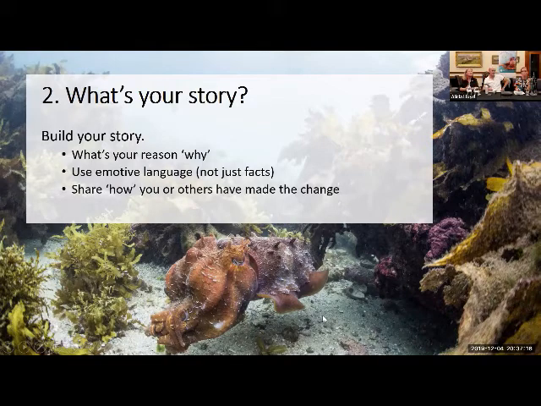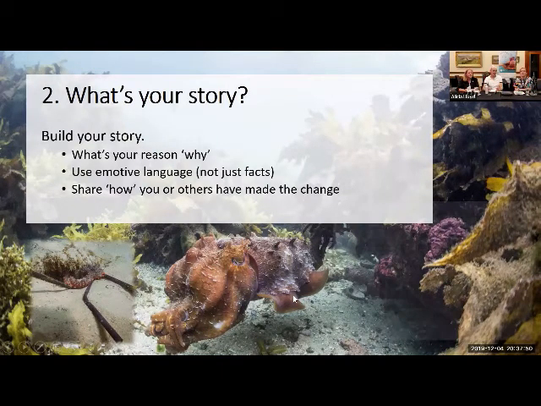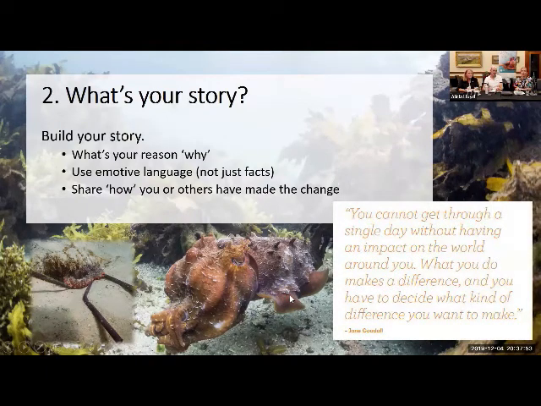And then also show how you made the change. So here's a little bit of a story that I've got to share. As the Strawklers, we went out and found an octopus with these straws in its lair and hundreds of other straws. A friend of mine decided to set up a weekly straw call to collect the straws. With that data, I think we got 2,000 one summer. We went out and chatted to businesses and convinced 40 businesses on the Northern Beaches to ditch plastic straws. That story is really important to share, because we can all make a difference in our own backyards with this data.